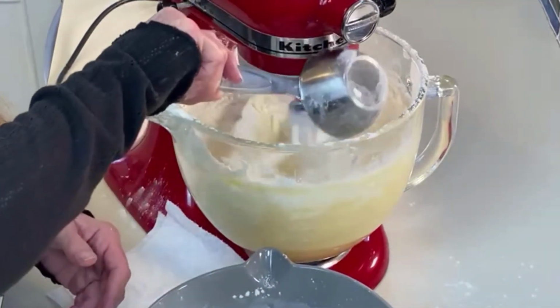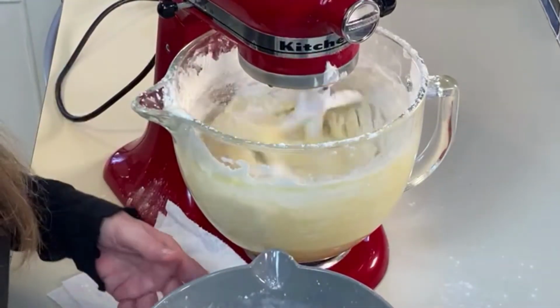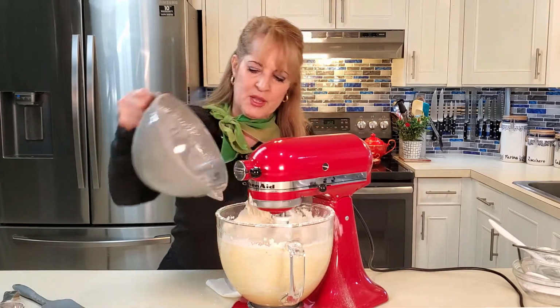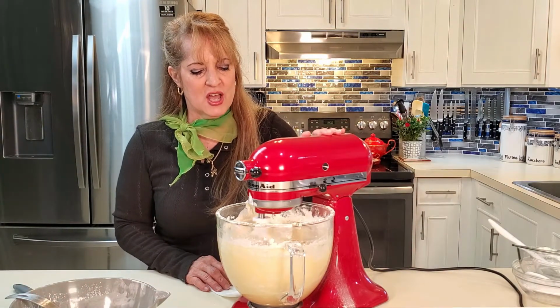This is where, when you do it over and over, you get better and better at it, because you don't want to overmix a batter, you don't want to undermix a batter, and everybody thinks, oh, it's so hard. It just comes from practice. There we go. All the flour is incorporated,